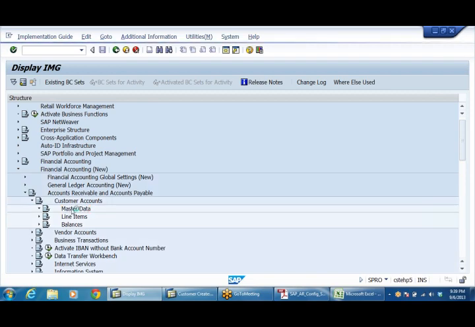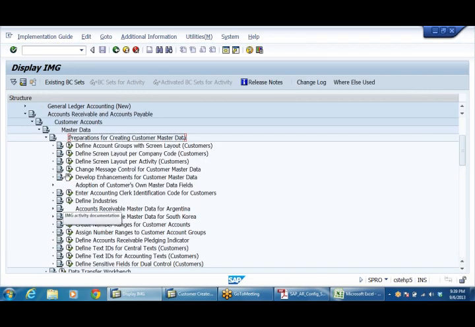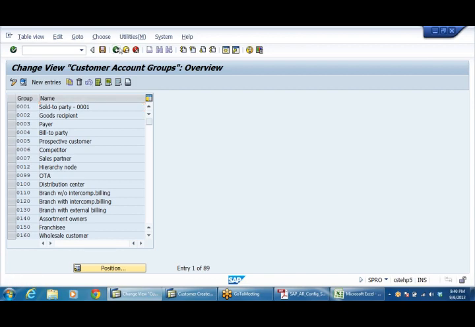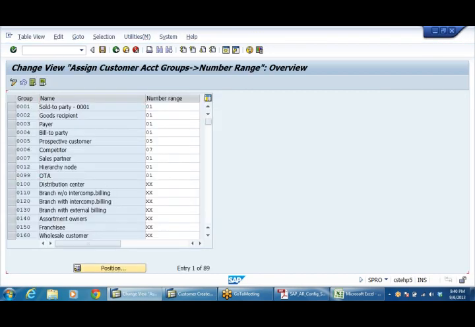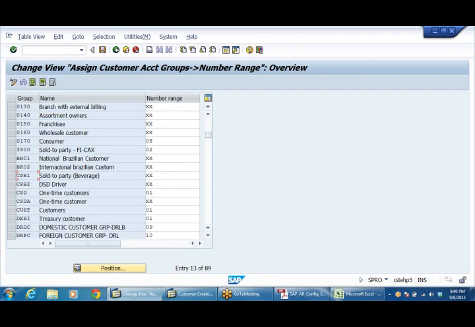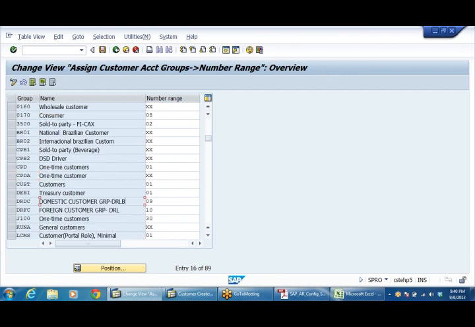When creating the customer master data, here define account groups with customer layouts. We have created two groups, and those two groups are available here. When we created the number range, if you remember, we did create number ranges and assign number range to the groups, say domestic customer group 09.